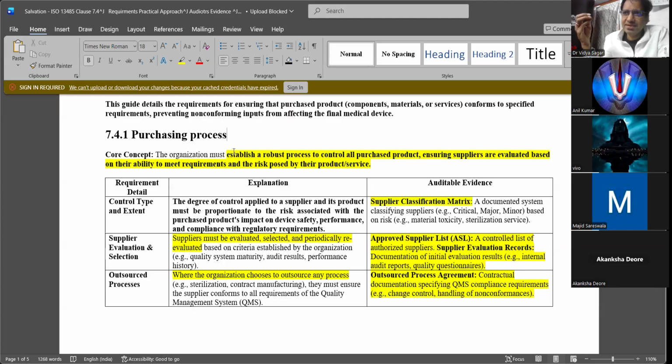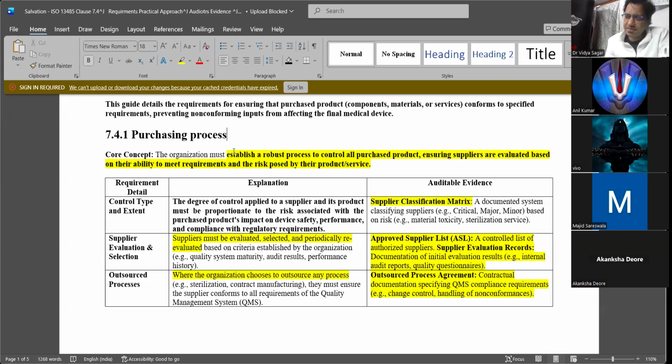We are purchasing material, which could be components, or services like calibration, sterilization, or printing, as per a quality manual or quality management system. And at the end of the day, it is going to reach the patient for a particular treatment, where safety and performance is guaranteed.